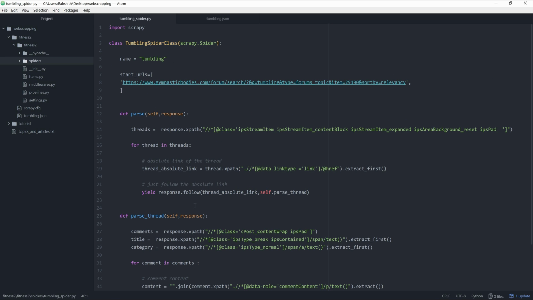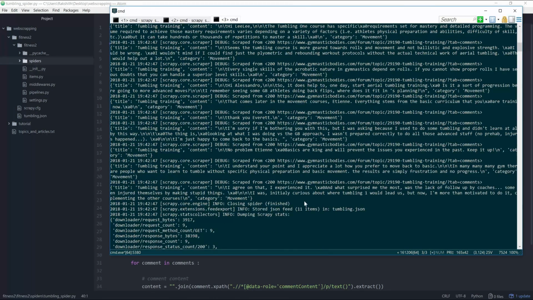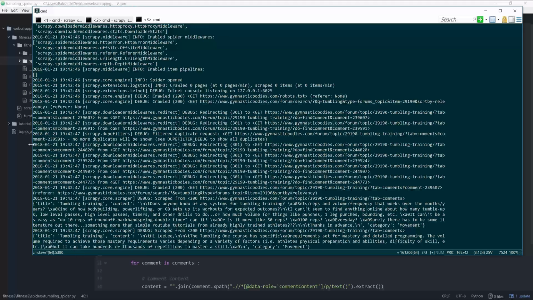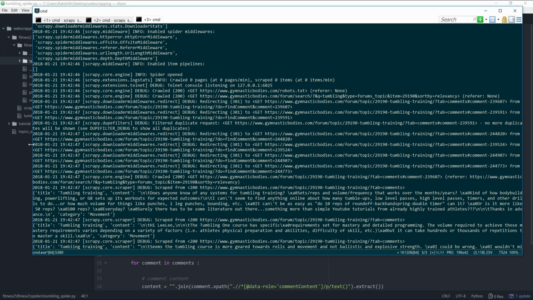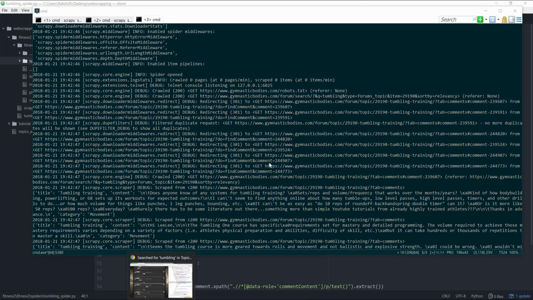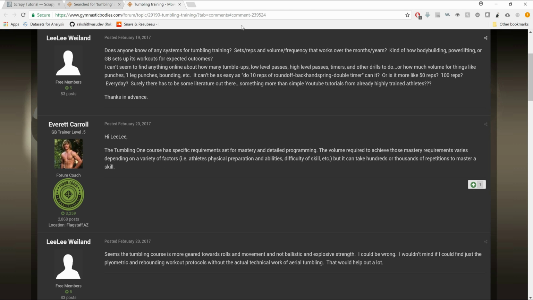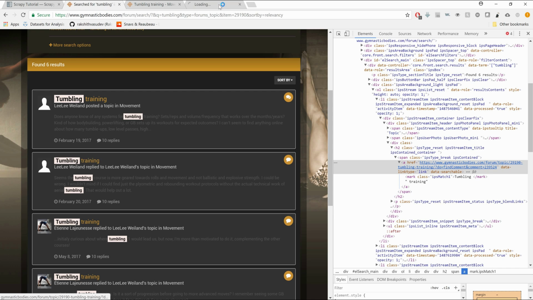Okay, for every thread, let's take a look at the log here. Ah, okay, what's going on is it is not going through all the duplicate links. Wow, so basically what happened was it prevented us from going to the same duplicate link. If you take a look at this one here, let me just close it quickly. If I go ahead and just go here, the link is comment 239 524. I think if you go back again,